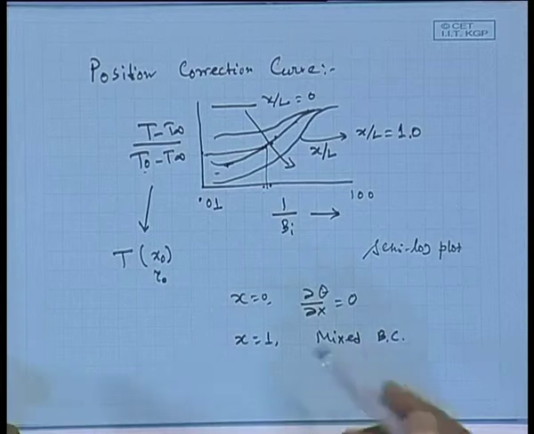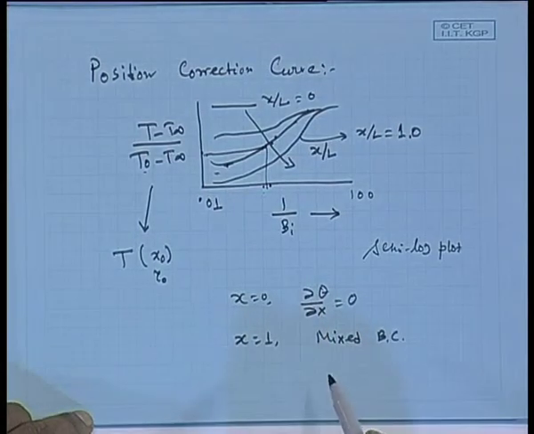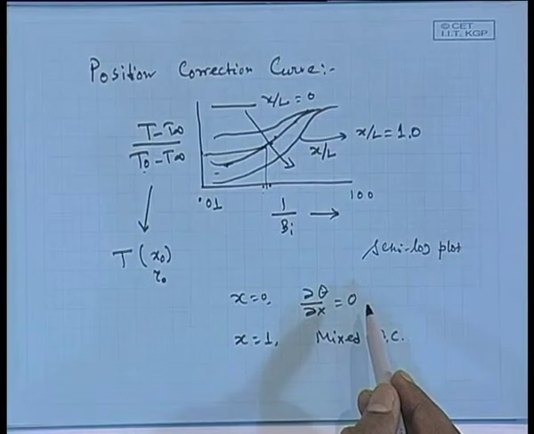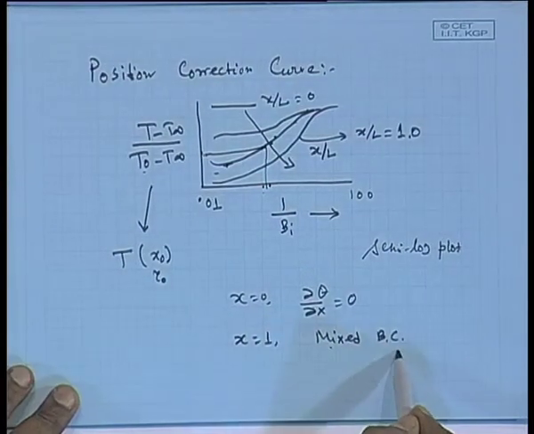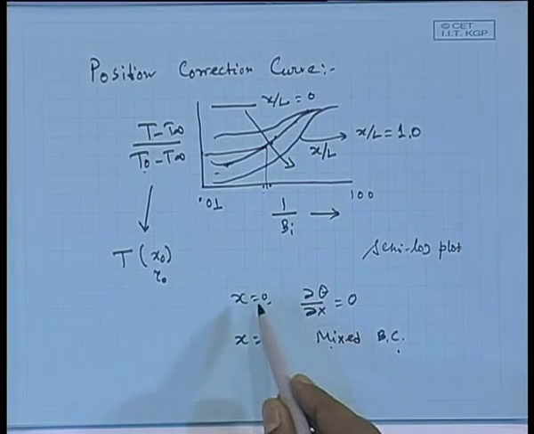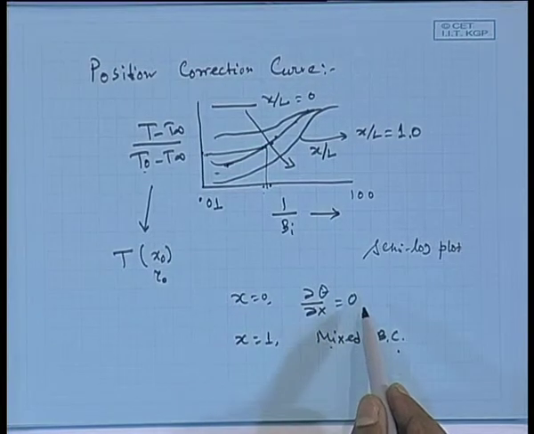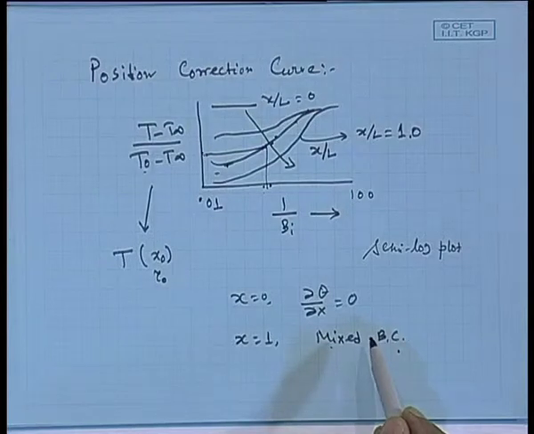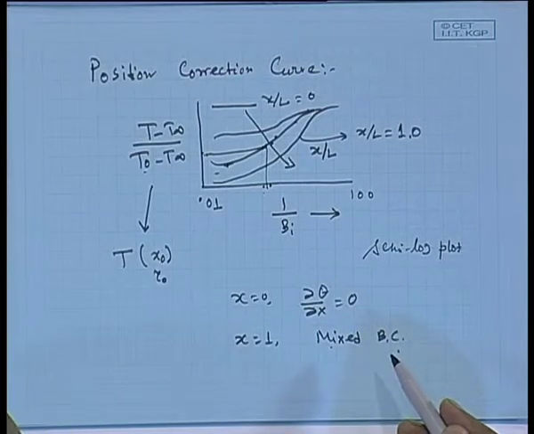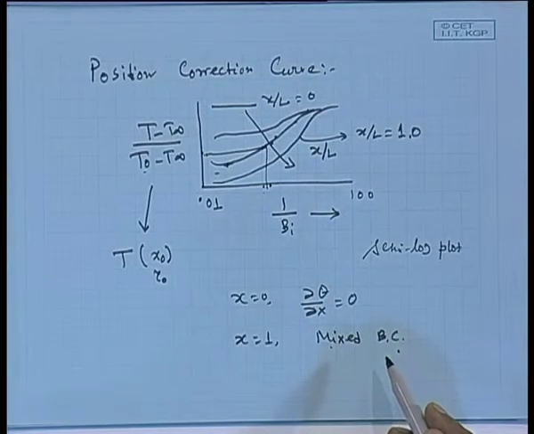So, for all possible boundary conditions, like theta equal to 0, theta equal to theta 1, or theta equal to 0, that means a constant wall temperature there, and a mixed boundary condition here, then you will have a separate set of curves, because the solution will be different, as we have already seen. If at x equal to 0, theta is equal to 0, and at x equal to 1, it is an insulated boundary condition, that means del theta del x equal to 0, then again you will have a separate set of curves. So, you have to identify the appropriate curve and read properly, that will be the trick.